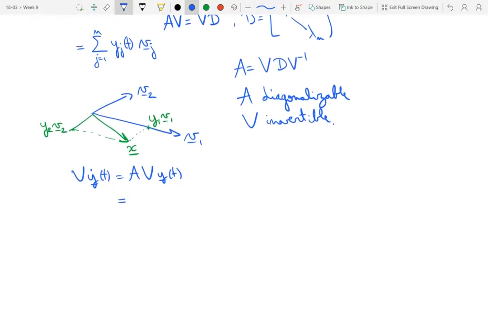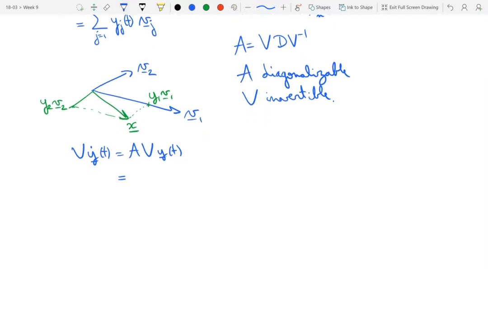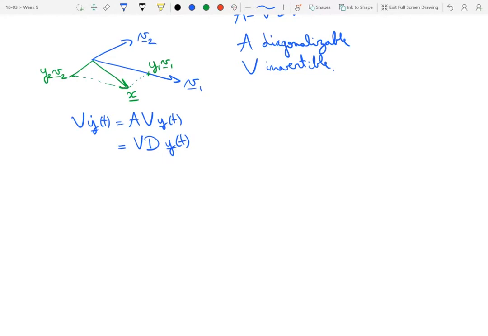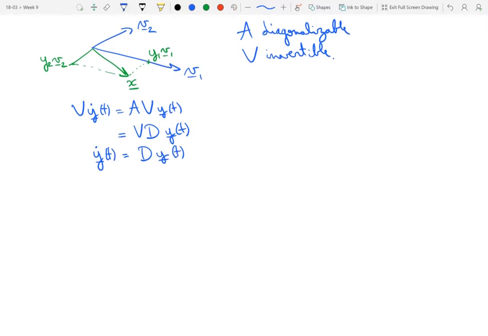Then by means of the relationship that the columns of V are eigenvectors of A, we have this is equal to V times D times y of t. And now we have on the left and on the right V that multiplies the whole relationship that we can get rid of because it is assumed to be invertible, and we now have an equation for y of t. And this is exactly the kind of relationship that we now like and that we're going to call decoupled. If you look at it component by component and you realize this diagonal matrix vector product, you end up having yj dot of t is equal to lambda j yj of t,